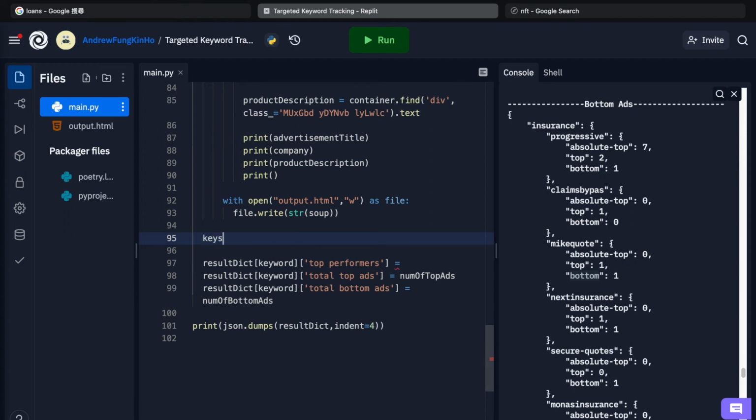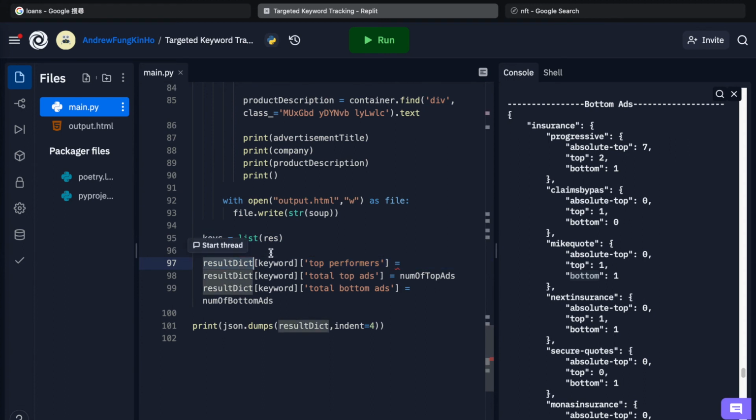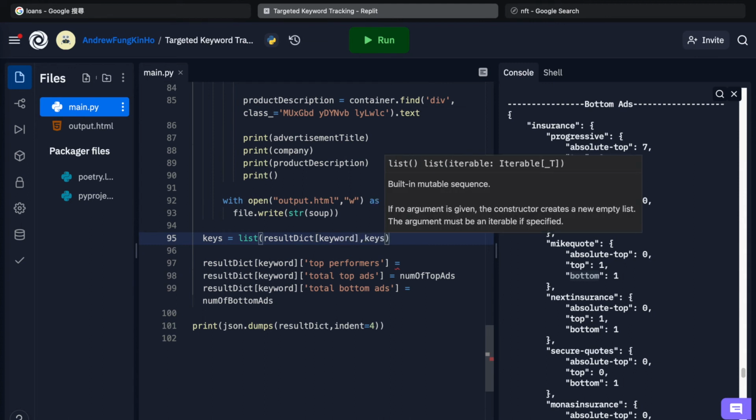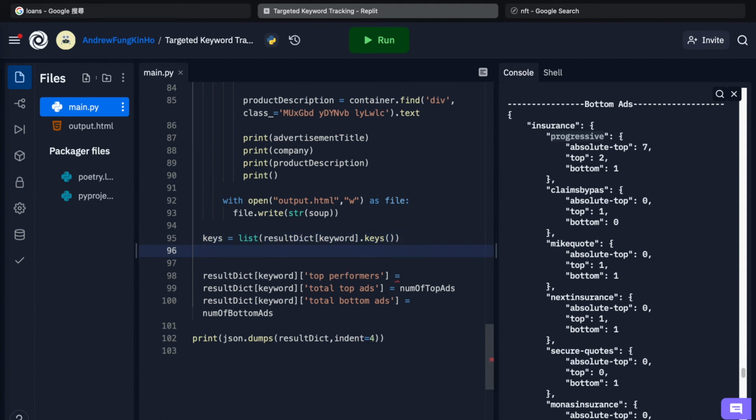So keys equals to list of results dictionary, and each keyword, and dot keys. So that will give us the company names for each keyword. And then inside keys, for name in,